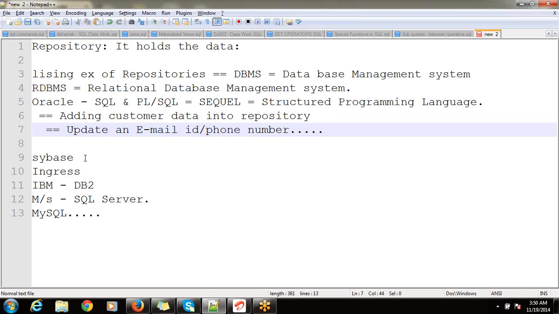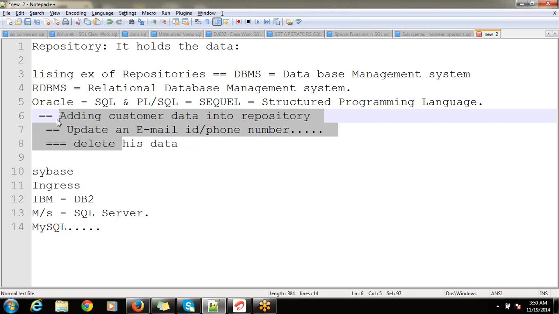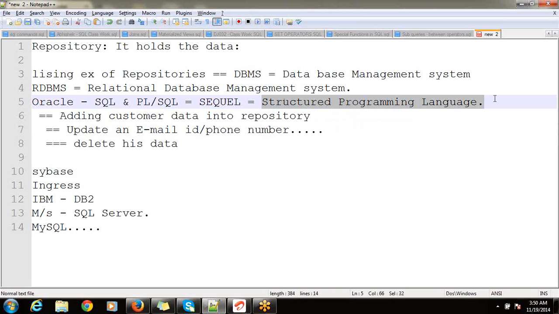Likewise, suppose a customer has closed his account, then the system can delete his data. All these are operations that are performed on customer data in a bank. These operations can be done with the help of structured programming language.